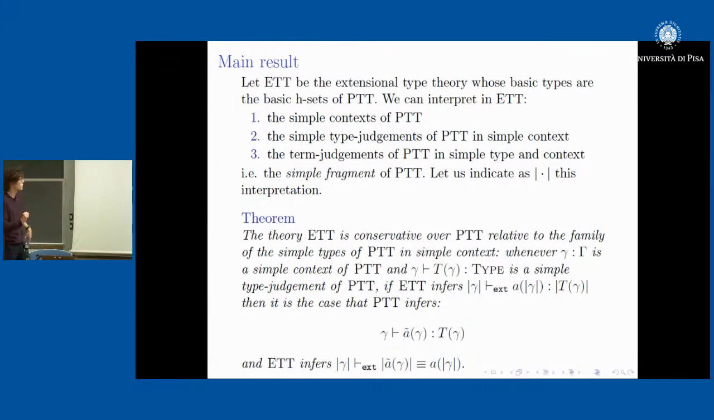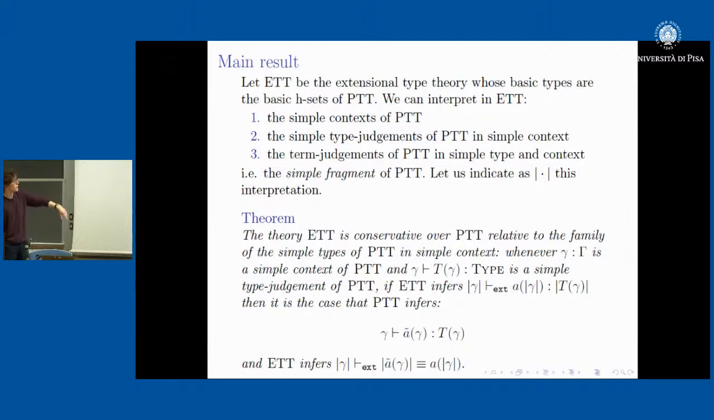So what is the simple fragment of PTT? It's just the simple contexts of PTT, the simple types of PTT, and the terms living in some simple type of PTT. For this fragment of PTT, you can define an interpretation in ETT, which we denote as a module. Then the result is that